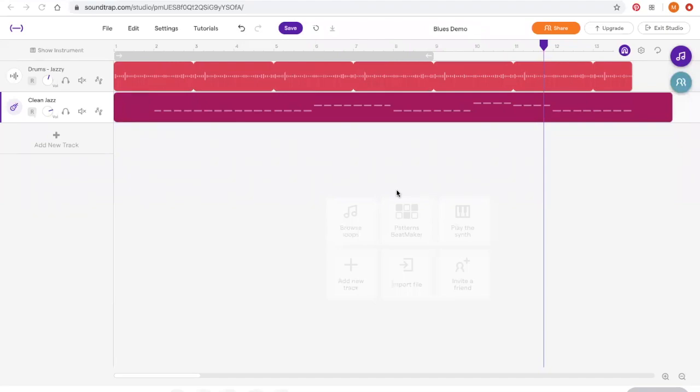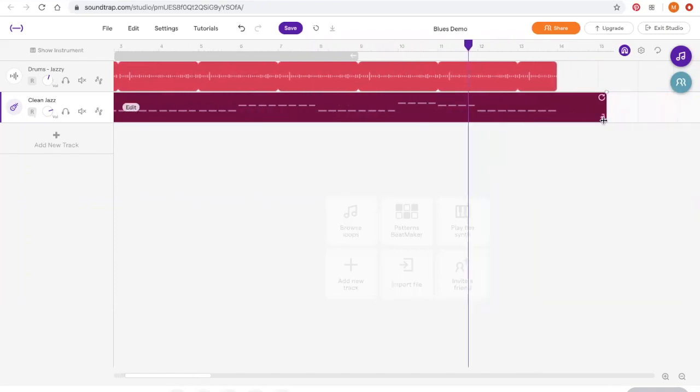Okay, so here is my demo from yesterday. I have my drum track and I have my bass track. What you're going to want to do is also kind of clip off some extra things. So to edit and size down some clips, you click on it. Now if you see this little arrow here, I'm going to drag it right to the end so it stops